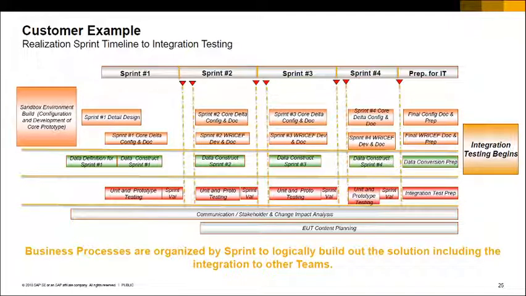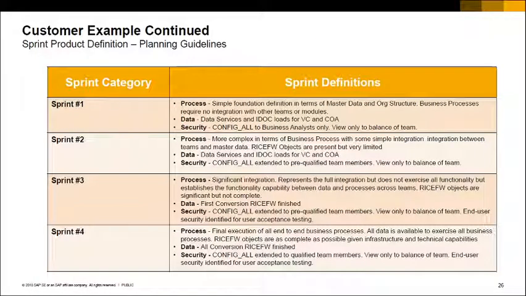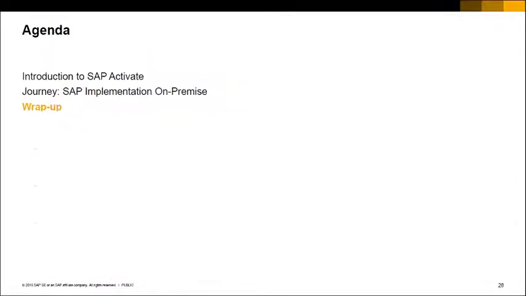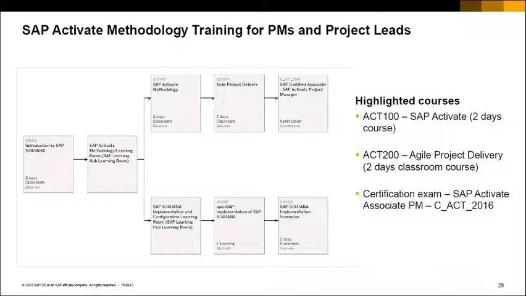So these are examples of how sprints could run, and what the different types of documentation, etc., would be, and what sequence you could probably follow. And then in the deploy phase, the system is ready, and ready to be deployed and transferred to the run or steady state phase.